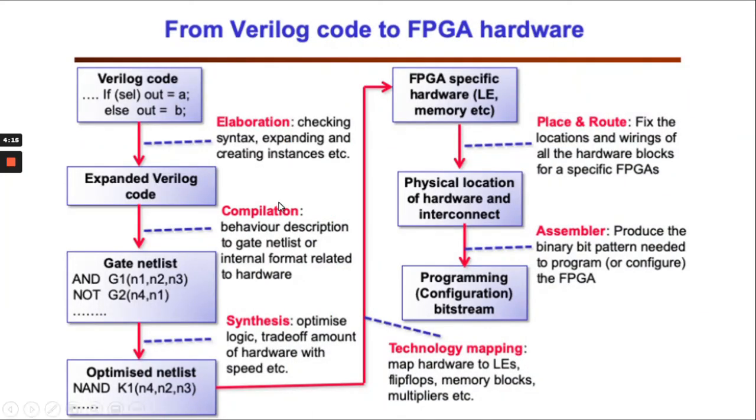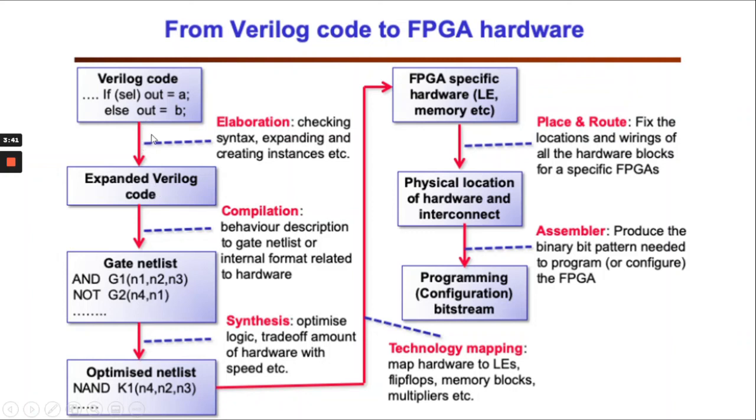Right, so finally, this is to conclude the learning that we've done today. So what happens from Verilog code to FPGA? This is the flow. The first one is the Verilog code. This is the thing that we are working on in the lab, right? So we are constructing our Verilog code, and then we elaborate the code, checking the syntax, expanding and threading instances. So we elaborate the code, checking if there is any syntax error or not, and then expand the Verilog